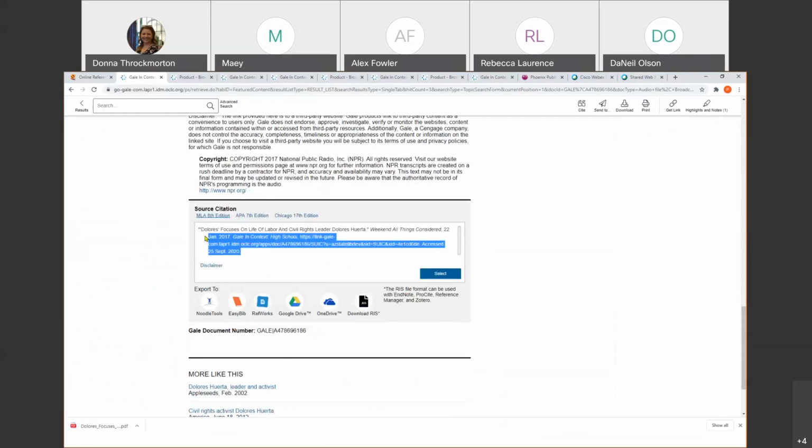This citation function, you've got the MLA, the APA, Chicago. Sometimes this does not align with those little blue books. These resources are not perfect, but it is a tool where you can copy and paste this into your bibliography. And then they also have exporting these to RefWorks or other bibliography tools.